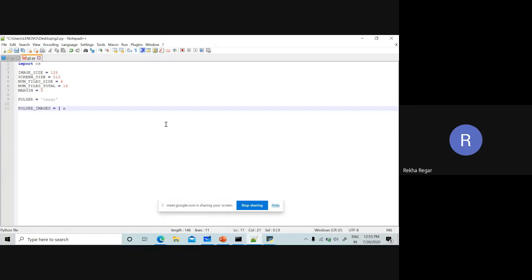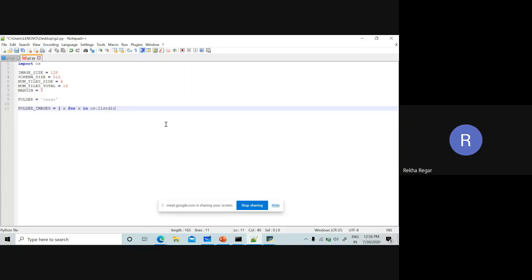So for X in os.listdir. This is one method of this OS, which lets us iterate each and every value in a directory.